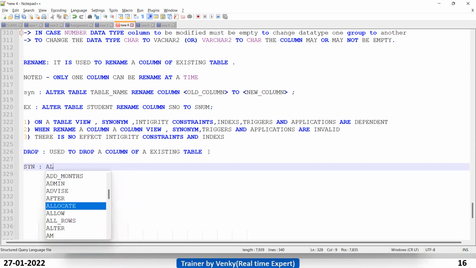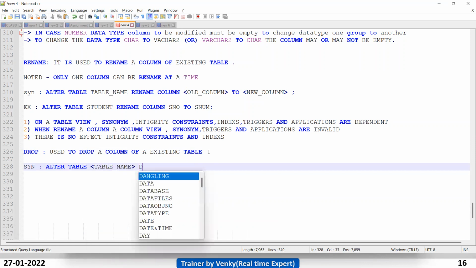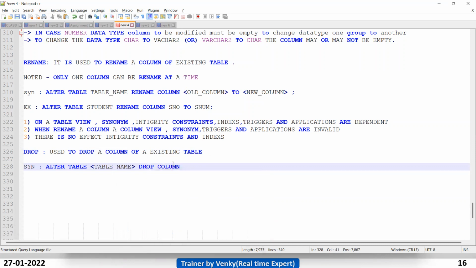The syntax: ALTER TABLE table name DROP COLUMN column name. For rename and drop, you need to specify COLUMN as a keyword.